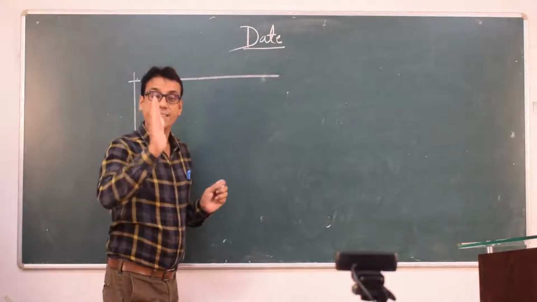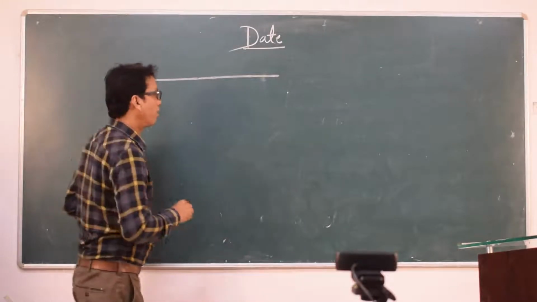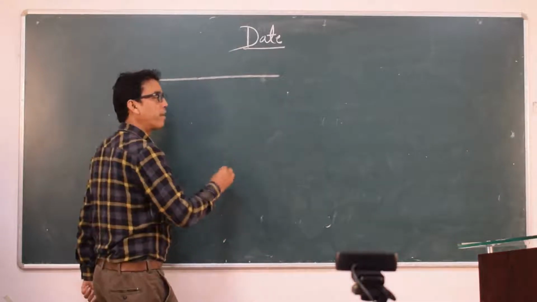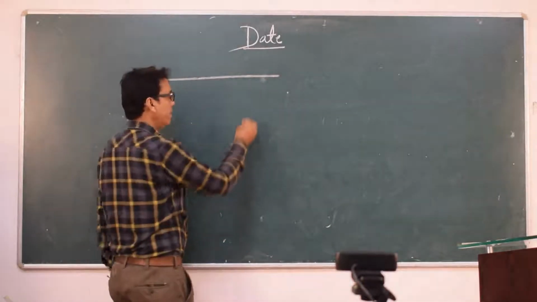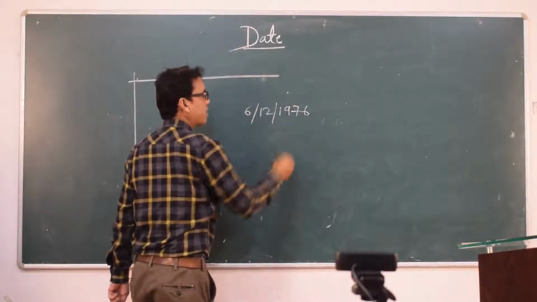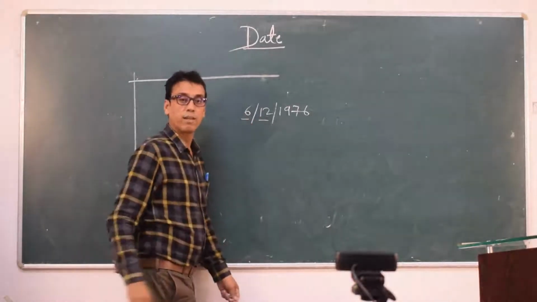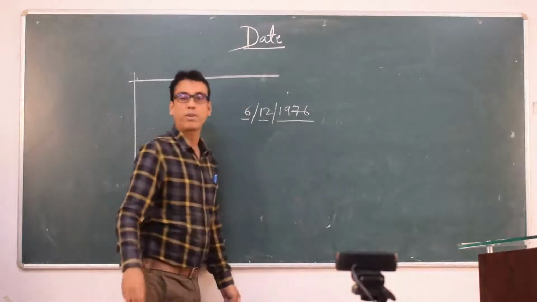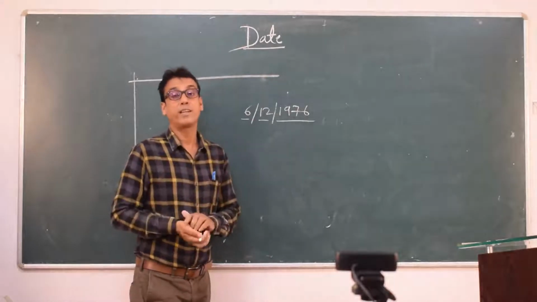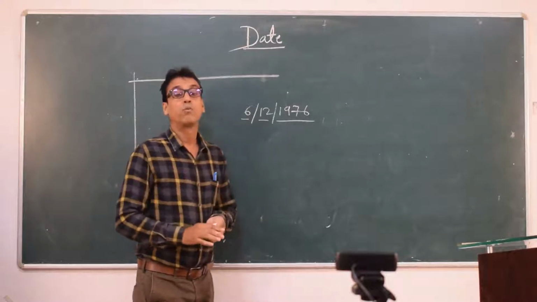Excel supports date as a separate data type. In the earlier versions of Excel, when we attempted to enter a date, like if you wanted to enter 6 December 1976, what was happening? 6 was divided by 12 and the result was divided by 1976 and that result appeared. A normal, ordinary user of Excel gets surprised: what did I enter, what is this?